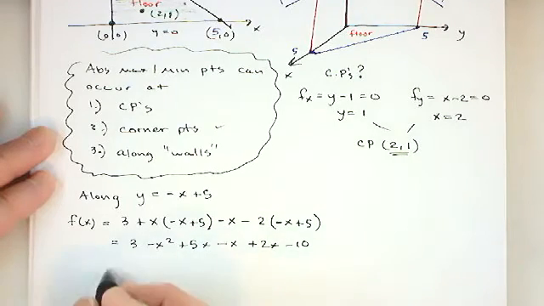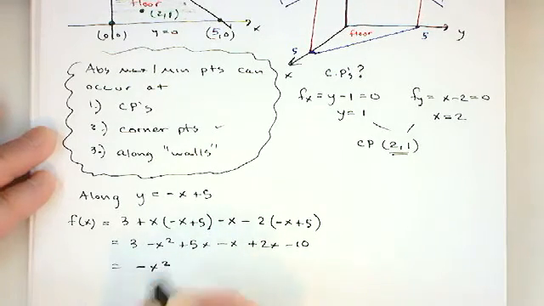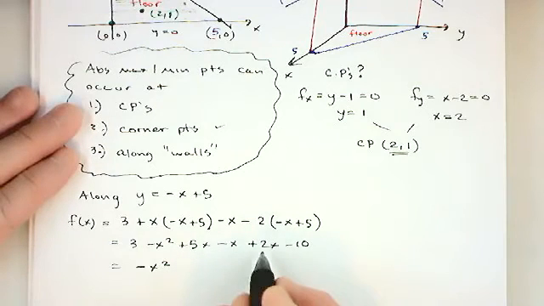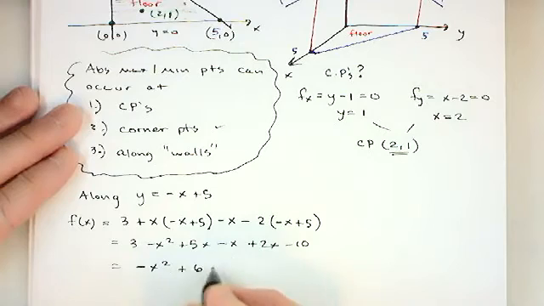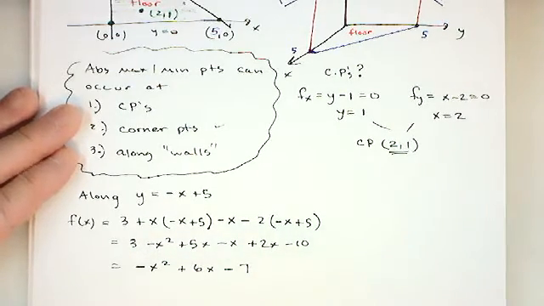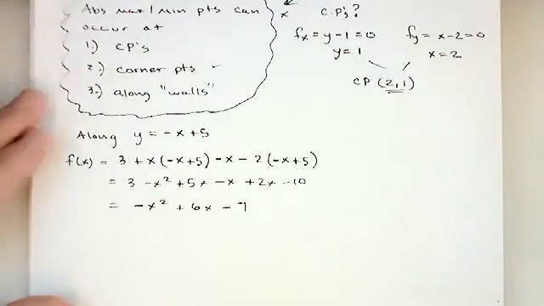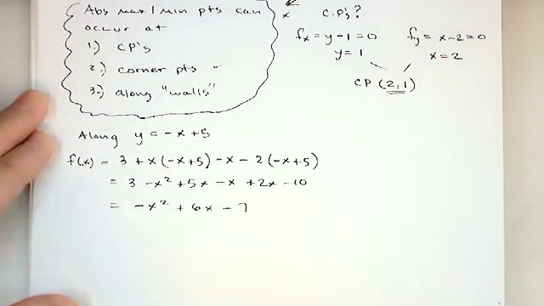And then I'm just cleaning this up. It's plus 6x minus 10 is minus 7. Hopefully I did my math right. Now the way to visualize this,